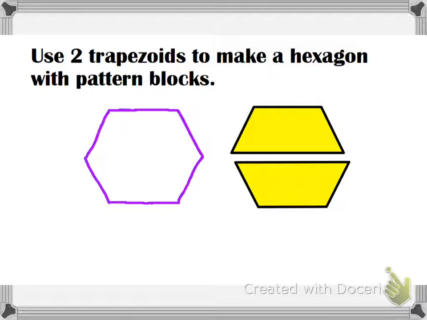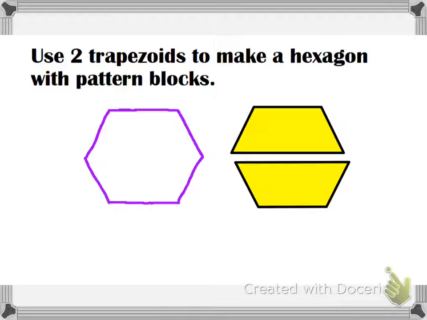Today we're going to be talking about Module 5, Lesson 4. In this lesson, we're talking about being able to create composite shapes from two-dimensional shapes, which in this lesson we use pattern blocks to create. So looking at this, we had to use two trapezoids to make a hexagon with pattern blocks. Now, one thing is that